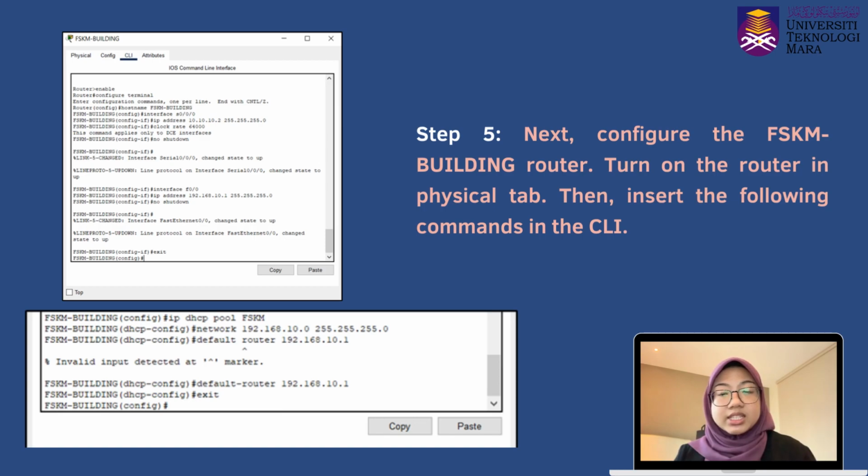And then we insert the command network 192.160.10.0 space 255.255.255.0 to set the network address for the DHCP pool. After that, next I will be explaining the fifth step, which is to configure the second router, which is FSKM